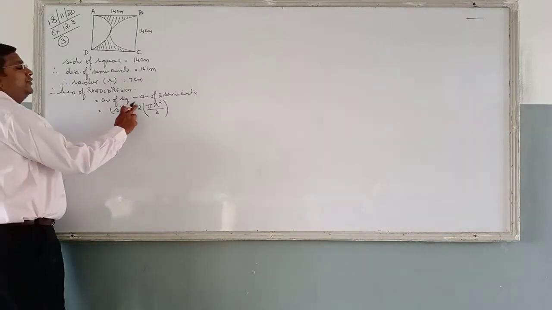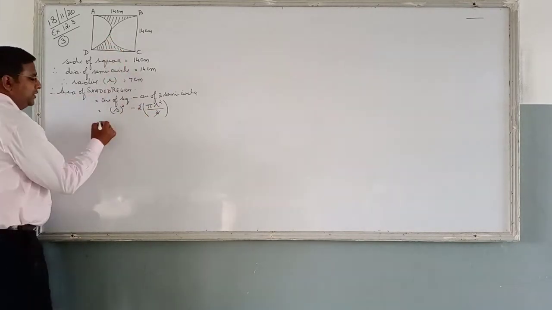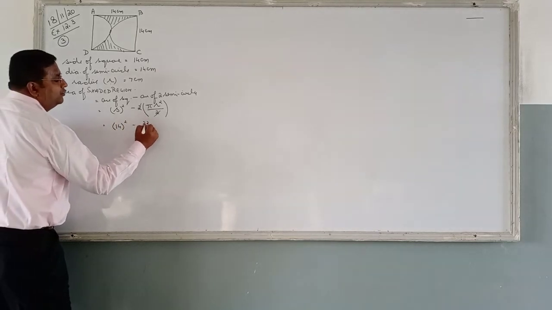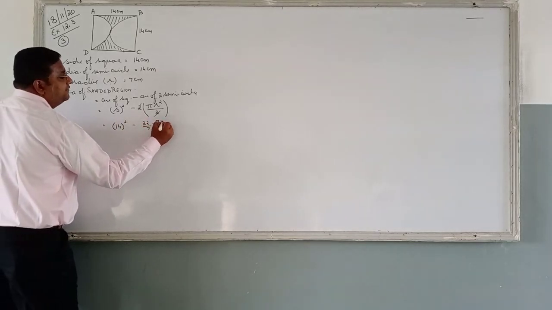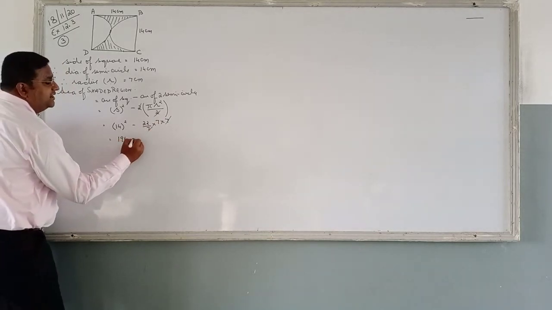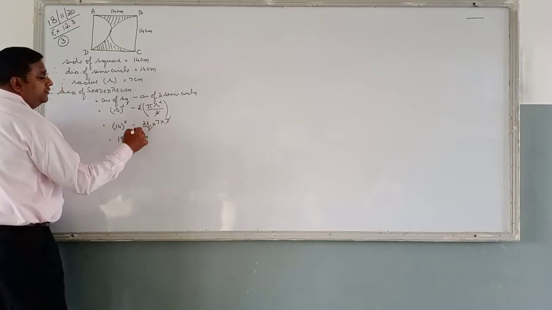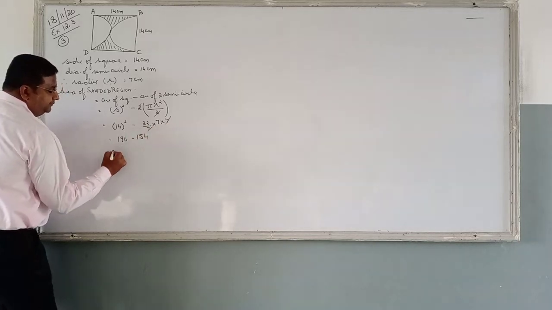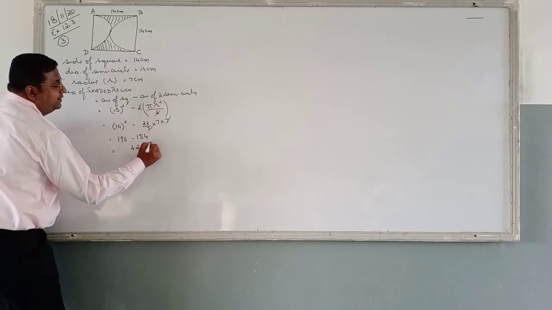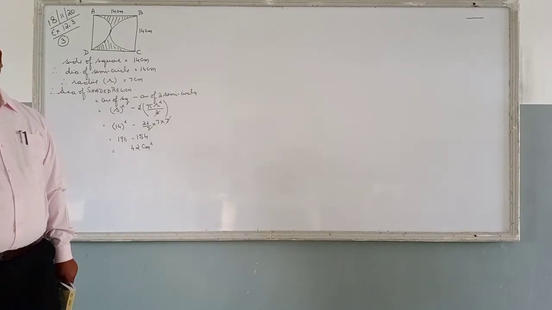You have S, you have R, substitute it. You can cancel this 2 and this 2. So S square, 14 square, minus pi, 22 by 7, into r square, 7 into 7, 7 7, cancel. 14 square, 196, minus 22 into 7, 7 2s are 14, carry 1, 7 2s are 14 and 1, 15. 6 minus 4, 2, 9 minus 5, 4 centimeters. These are the kind of questions in this exercise, nothing new.